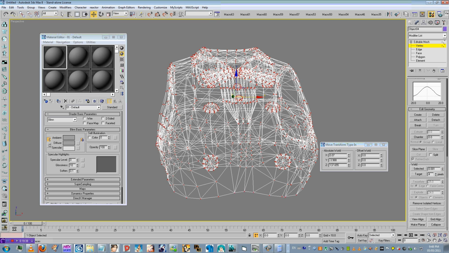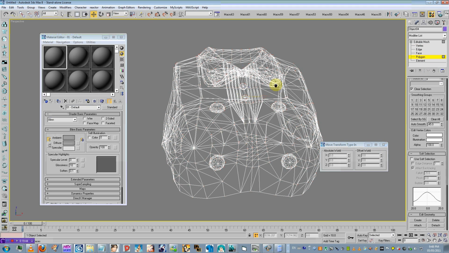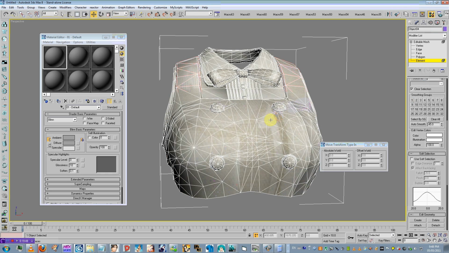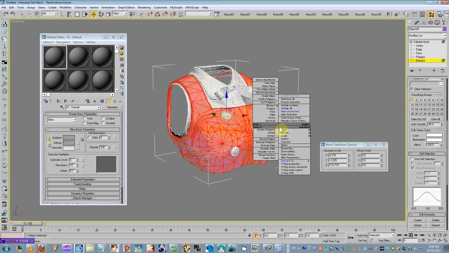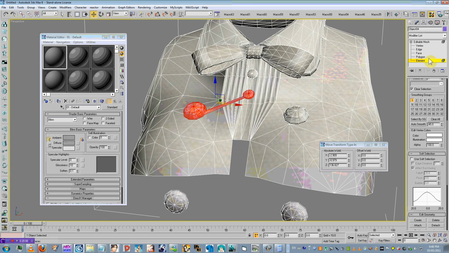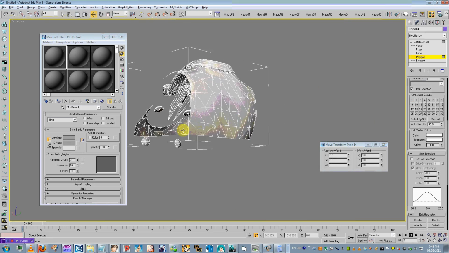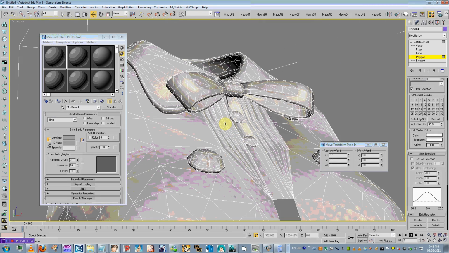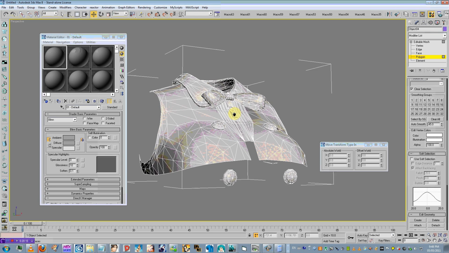So, just try your best to reassign the materials. To do that, it'd be easy to do that if you separate the mesh best you can. Shoot, more polygons. These extra polygons are going to be a pain for sure for figuring out things. Wow, they're everywhere. Okay, anyway, so